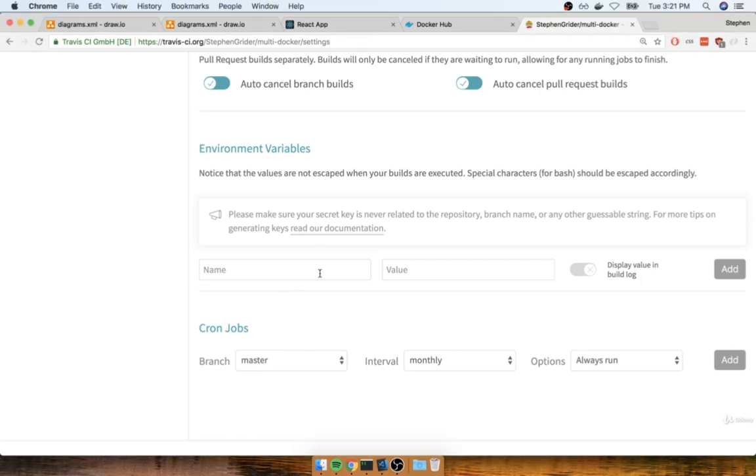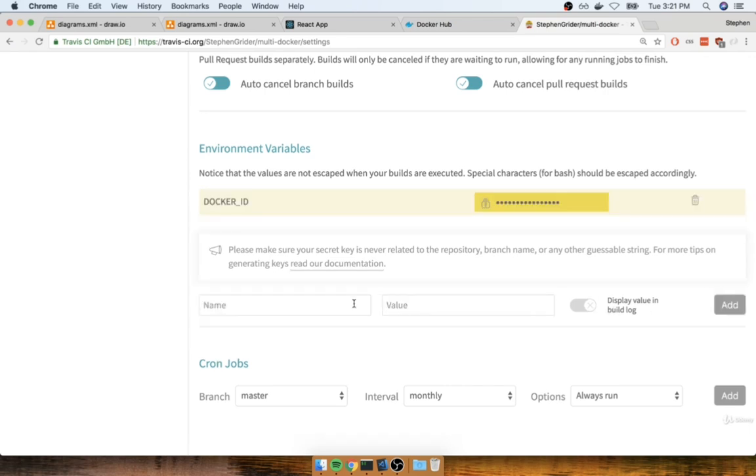So for the environment variables, we're going to enter in our Docker ID and our Docker password. So I will set the first one up with a name of Docker_ID, and then I will enter in my Docker ID, which is Stephen Greider. Of course, you'll want to customize it for your Docker ID in particular, and I'll add that as a variable. I'll then set up a second of Docker_password, and in here I'm going to enter in my password. Now, not that I don't